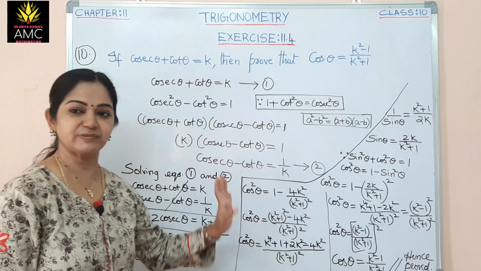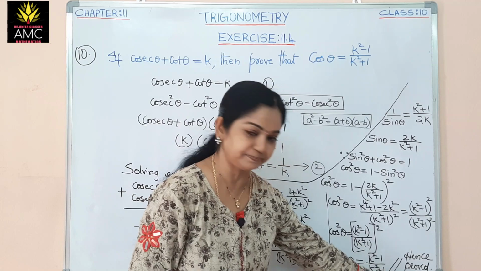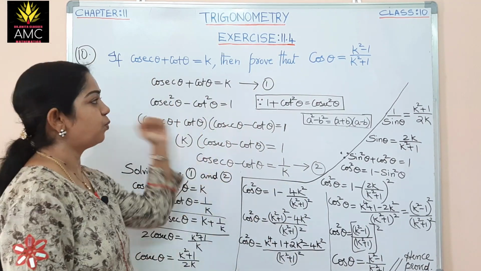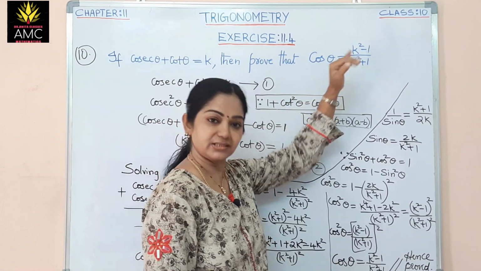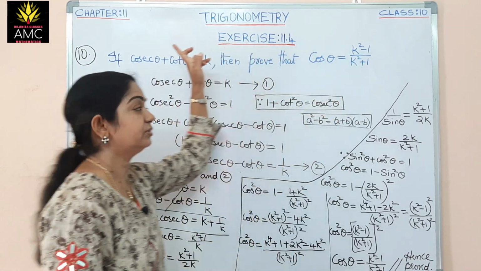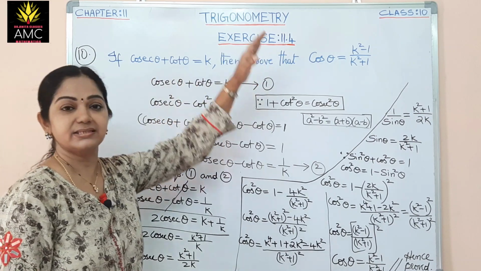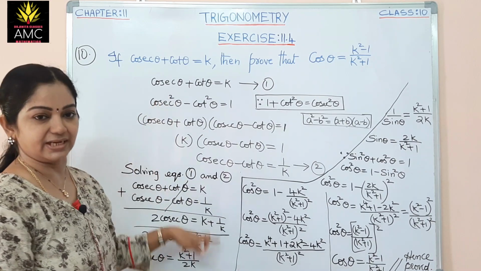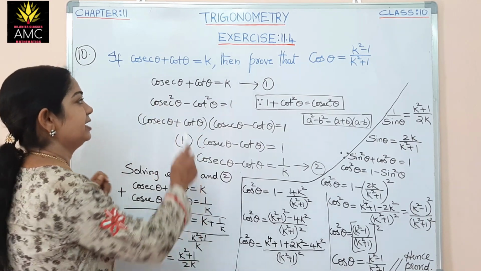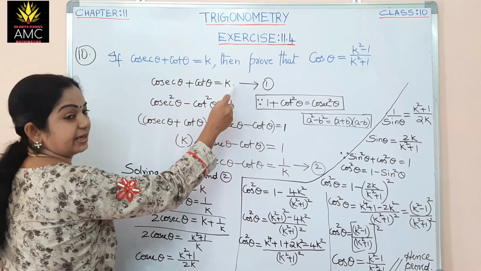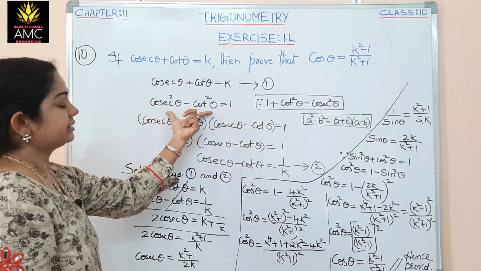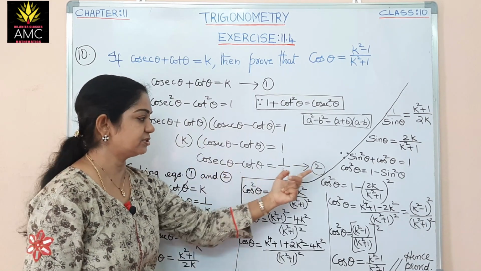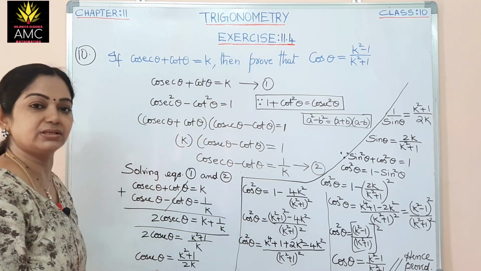Okay. Let me explain again here. See this part? There are two methods to do this problem. One is that you can just take the RHS part, substitute the k value as cosecant plus cot, simplify it, and you get the LHS. That is one method. The other method I have been telling involves the identities: this is given, that is k, equation 1. From that, take the third identity. From the third identity, you will get another equation, equation 2. Solving the two equations, you get cosecant theta.